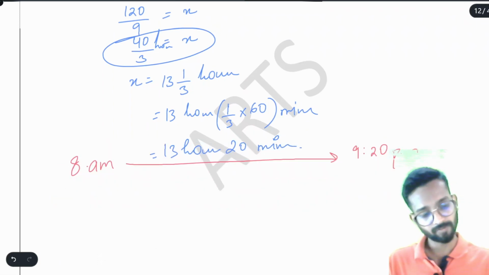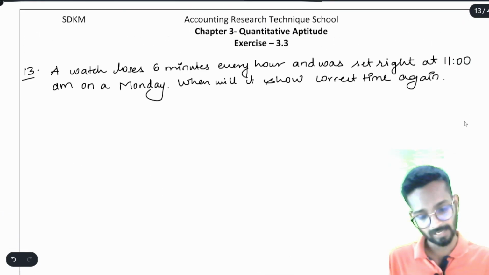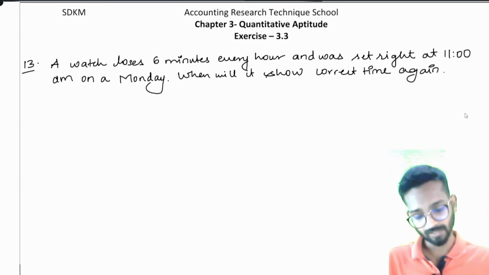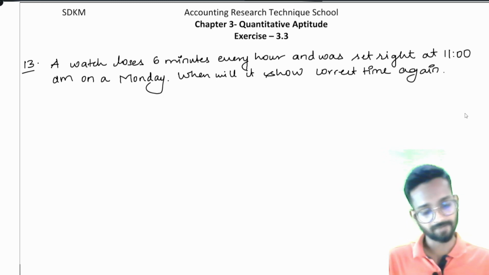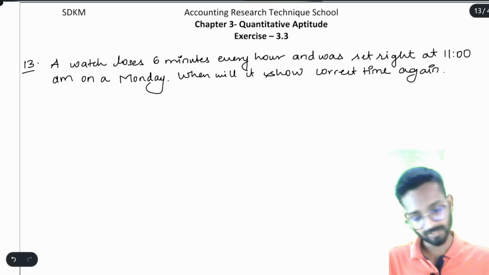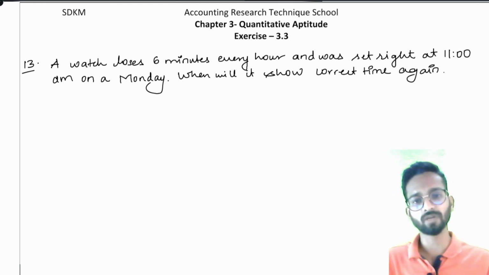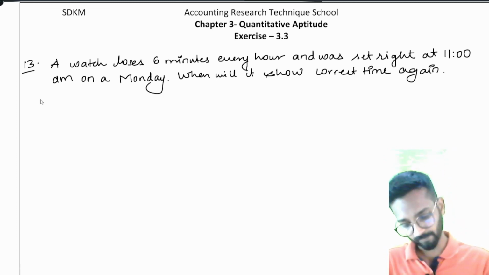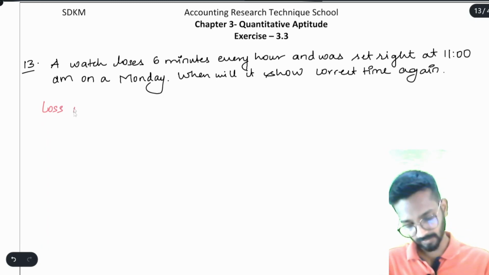Now, moving further to the next question. The last question of our exercise 3.3 is question number 13. Let's watch. A watch loses 6 minutes every hour. Okay, so as soon as you read a particular sentence, if you have deduced some information, you can write it ASAP. So you will write here, a watch loses 6 minutes in every hour, so loss in 1 hour is equal to 6 minutes,